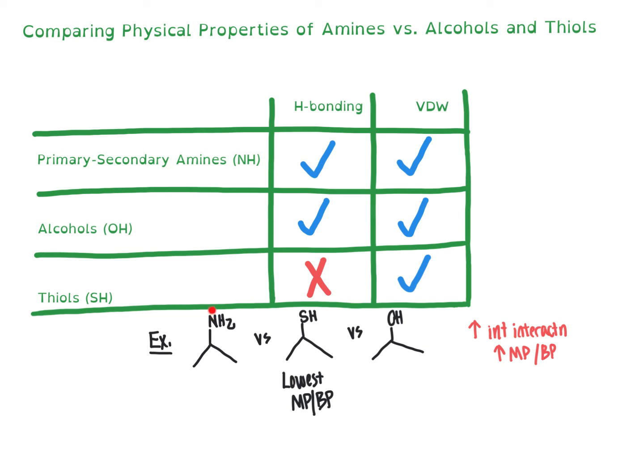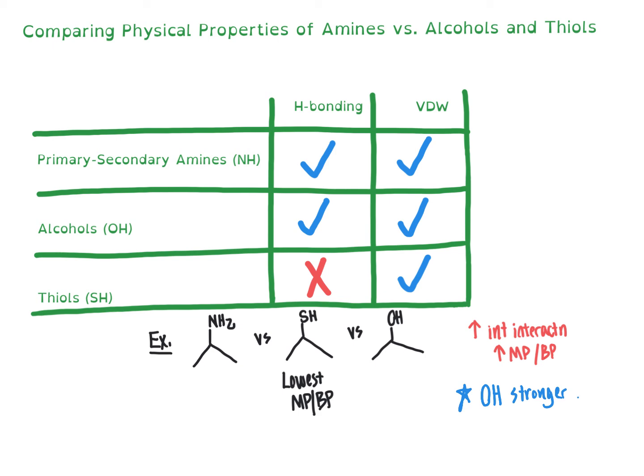Now comparing our amine to our alcohol, things get a little more complicated because both of these are able to engage in hydrogen bonding. They both have a similar structure with the exception of the alcohol versus amine functional group. So how do we tell those two apart? The rule that you need to keep in mind here is that hydroxy groups, OH groups, engage in stronger hydrogen